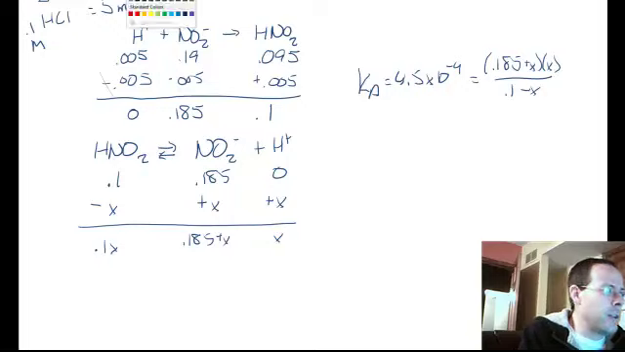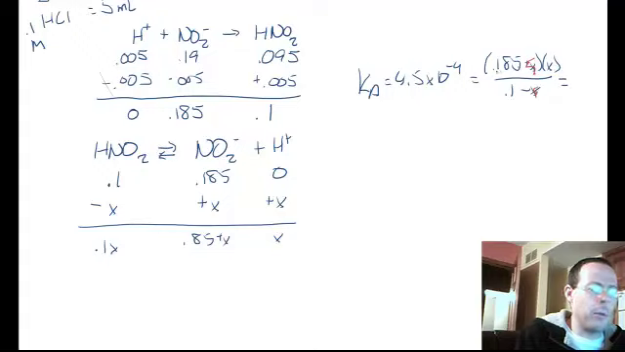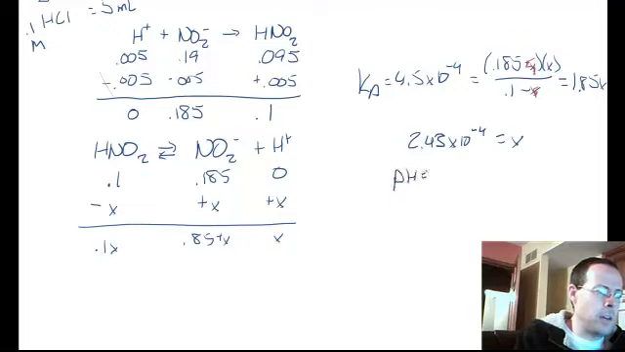And likewise, like we do in all these problems, we're going to assume this x is small compared to the value that we're starting with. So this equation simply becomes 0.185 divided by 0.1, which is 1.85, times x. So if we divide both sides by 1.85, we end up getting 2.43 times 10 to the negative fourth equals x. And x is our H plus, so if we take the negative log of that, we find that our pH equals